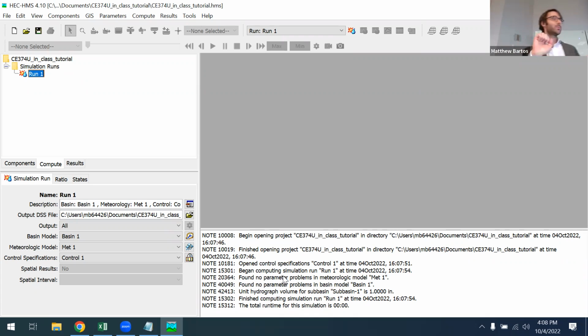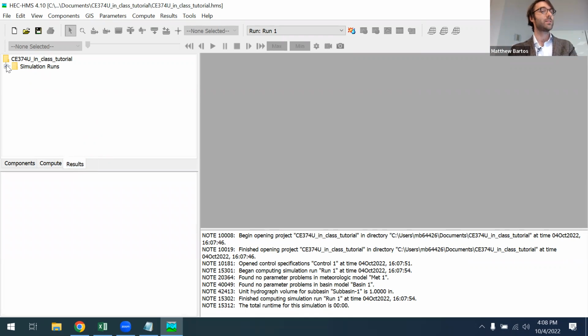Right now, I'm going to go through the class and just check on you to see what issues you're having. But first, before I do that, I want to give you a way to verify whether it ran correctly or not. You'll see, if there are any warnings or notes that are not in black text here, that's an indication that your model may be incorrect. But we can check the results by going to this results tab over here, and under simulation runs, we go to run 1.